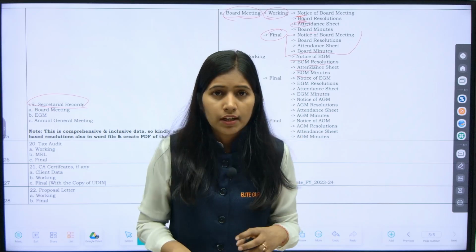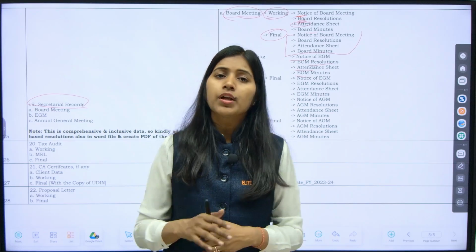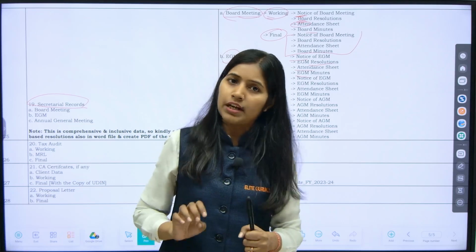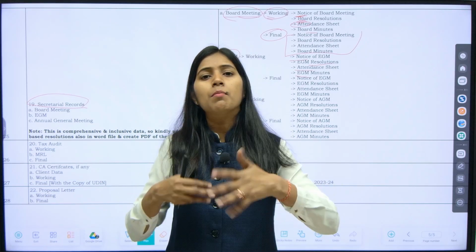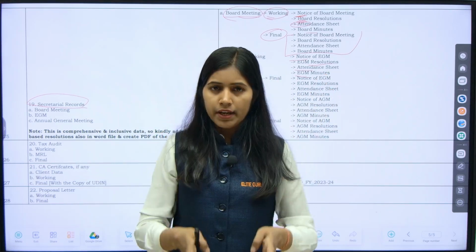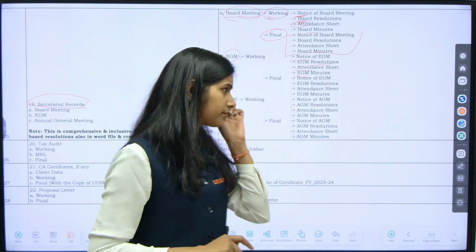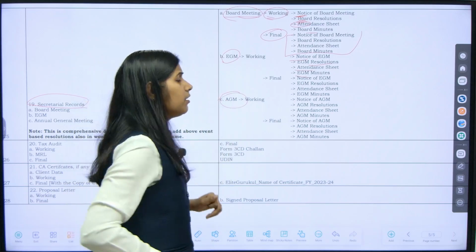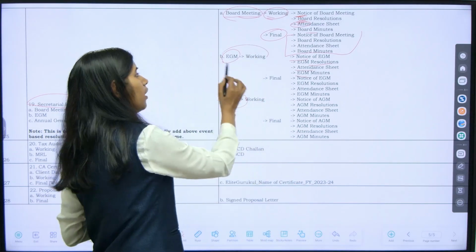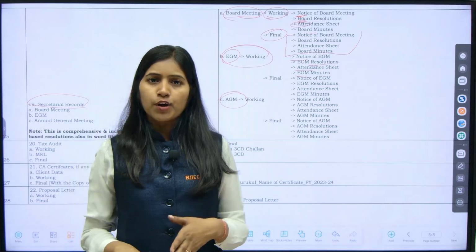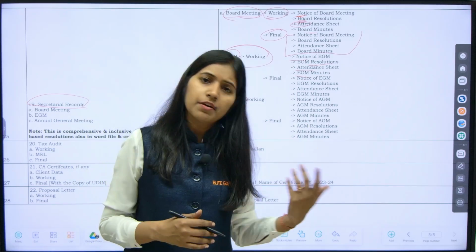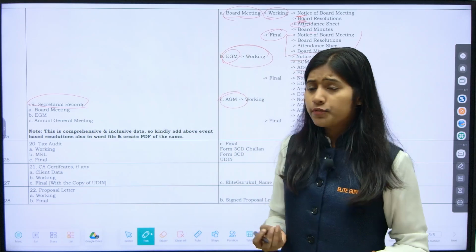Similarly, we are preparing the minutes of the EGM. So the first minutes are completed, and below that on a new page, the second minutes will continue. So we are not going to create multiple files; in a single file, all the data will be compiled and kept. And the same goes with the working of the AGM. AGM is mandatory. The EGM may or may not form part of your secretarial records. If an EGM has happened, it will come; if an EGM has not happened, it will not come. But the AGM is mandatory for all companies.